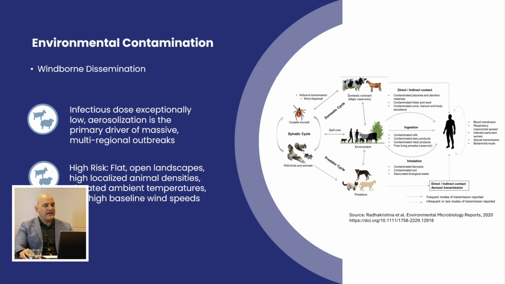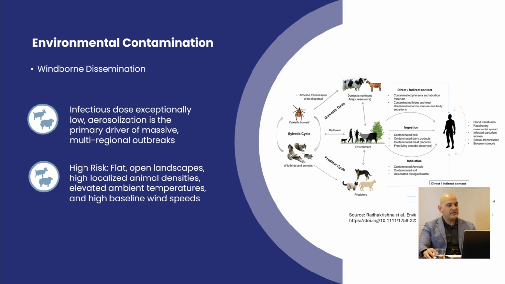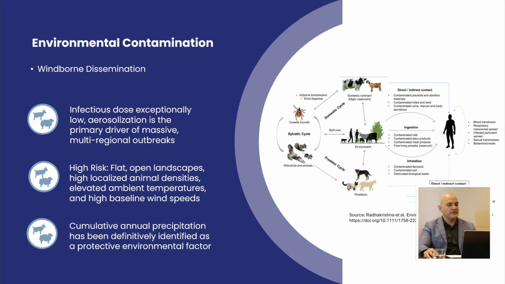Studies have indicated that farms located in areas characterized by flat, open land shapes, high animal densities, elevated ambient temperatures, and high wind speeds face a high risk of infection. On the other side, annual precipitation has been identified as a protective factor. Heavy rainfall seems to act as a natural dampener, suppressing the formation of dust and preventing the aerosolization of the